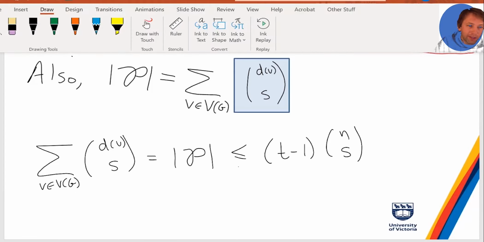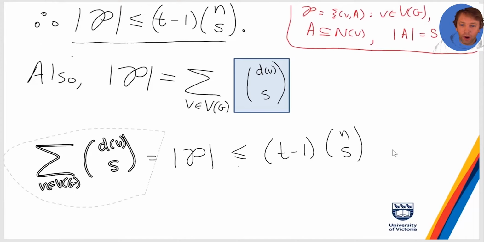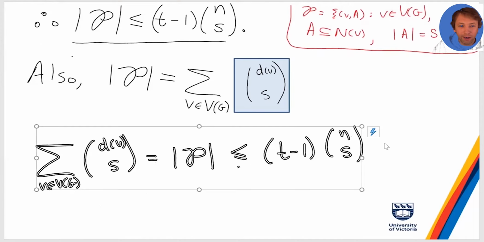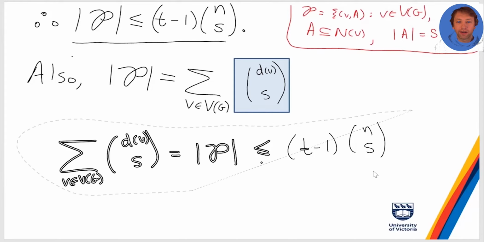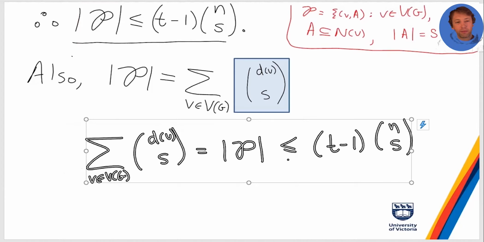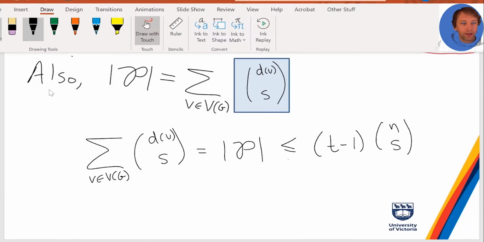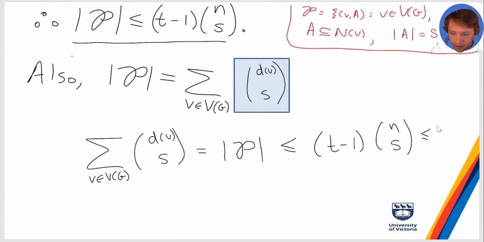Okay, and I'm going to be a little bit sloppy because you remember there's this 1 plus little o(1) thing, so I don't really care about small order terms and stuff like that. So I'm going to throw a little bit away here. I'm going to just upper bound this by t minus 1 n to the s over s factorial, which